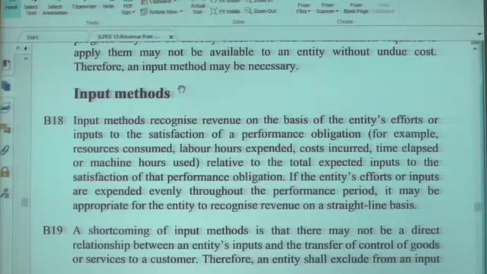Again, I will repeat. Revenue shall be recognized when you satisfy the performance obligation. That is, when you transfer the control. Control can be transferred at a point in time or over a period. Yesterday we discussed how to recognize revenue when the obligation is satisfied at a point in time. Today I am telling you how revenue is recognized when you transfer the control over a period, not a point in time. When you transfer the control over a period, you need to recognize revenue according to the progress, the percentage you completed of the obligation. That percentage can be calculated on the output method or input method. Is that clear?